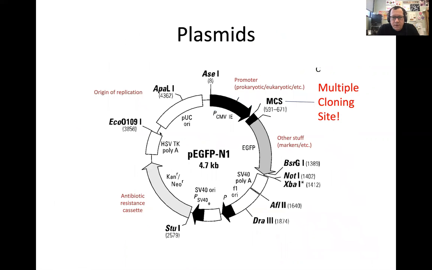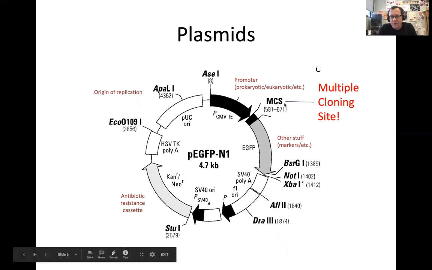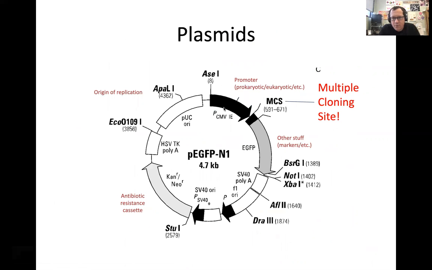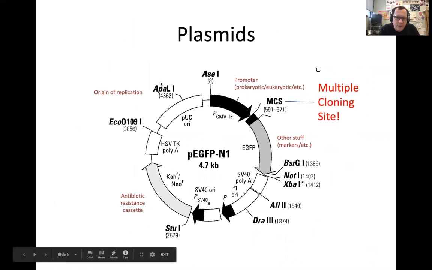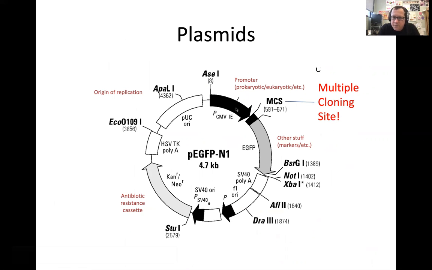And so if we look at our plasmid DNA, I mentioned this before, right? We have our eukaryotic promoter that drives expression. We have our green fluorescent protein. We have our antibiotic resistance cassette and our origin of replication that I talked about before. But we also have this region called the multiple cloning site. And that multiple cloning site is specific for a reason, because of all the restriction sites that are present in